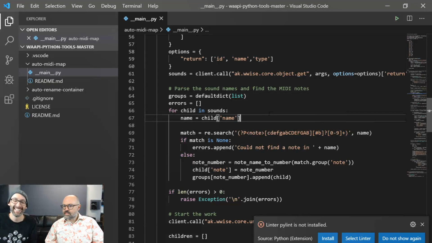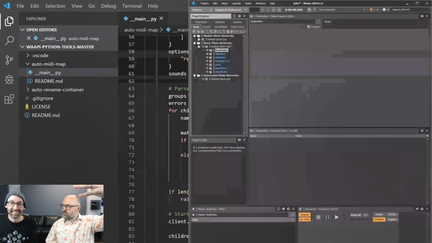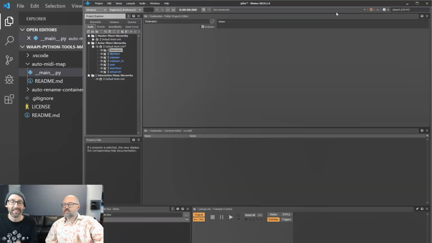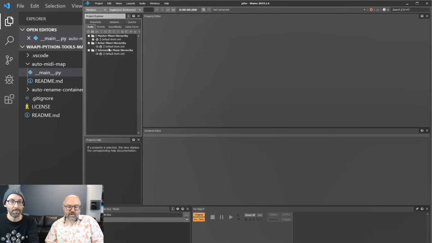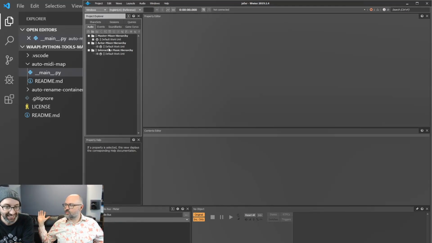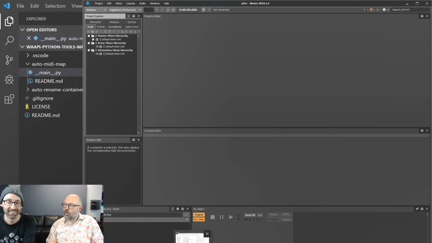Yes. We put all of our sound SFX into a blend container. And then we map each one of those based on their note value to their associated note. By hand, and it can be a tedious task. If you've got one note in your sound library and you just map it to the entire keyboard, you only have to do it once, easy. But if you have 88 notes, one for each key, that can be quite a task.